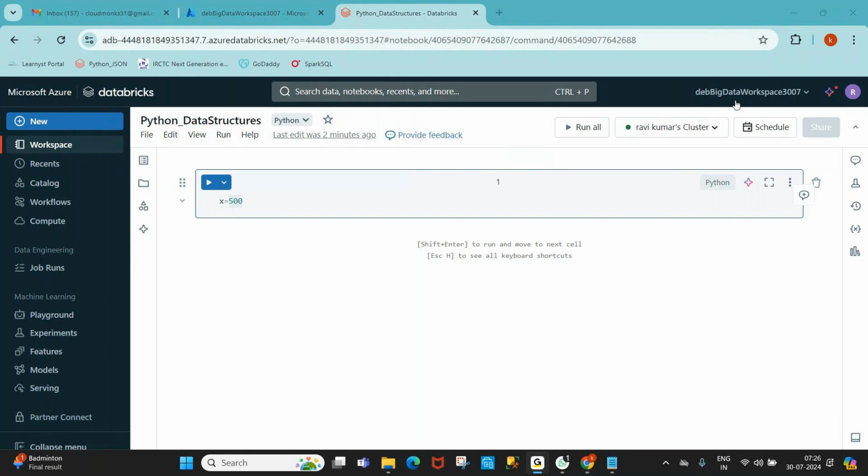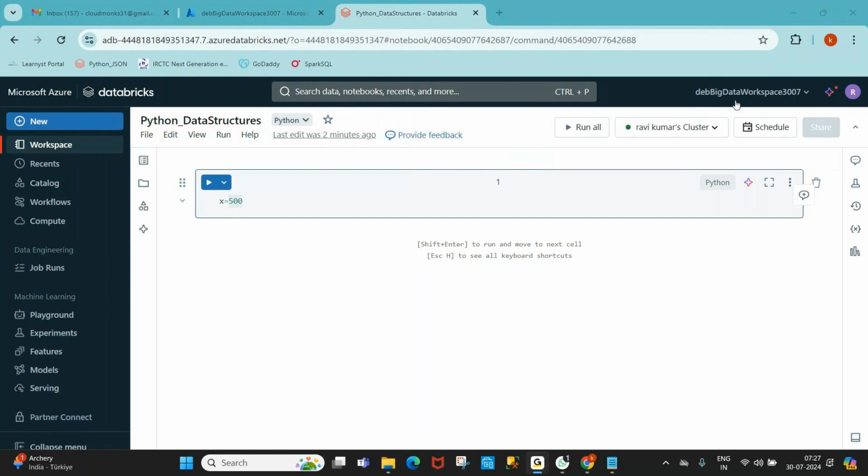Guys, remember, 500 is a value, and that value is treated as an object. The object is of type integer.